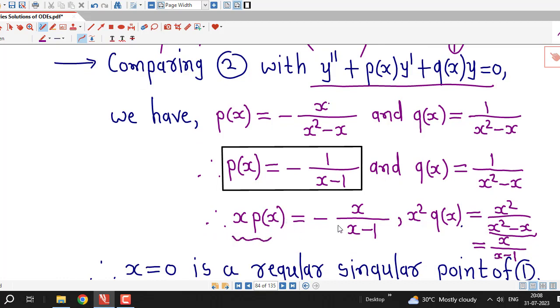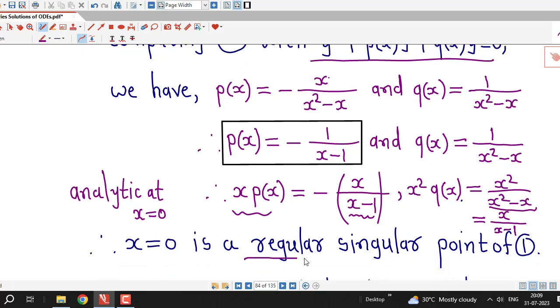X into px is minus x over x minus 1, and x square into qx is x over x minus 1, and both are analytic at every point except x equal to 1, where this denominator becomes 0. Therefore x into px and x square into qx both are analytic at x equal to 0,